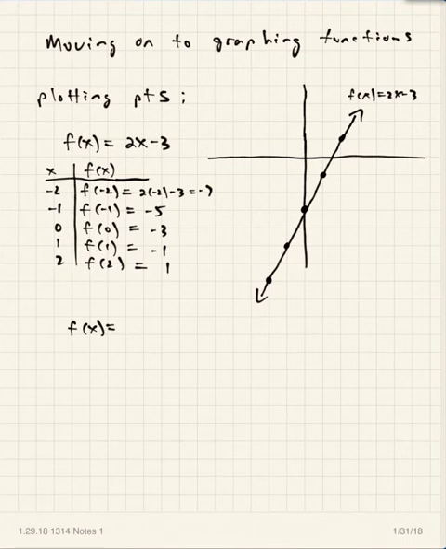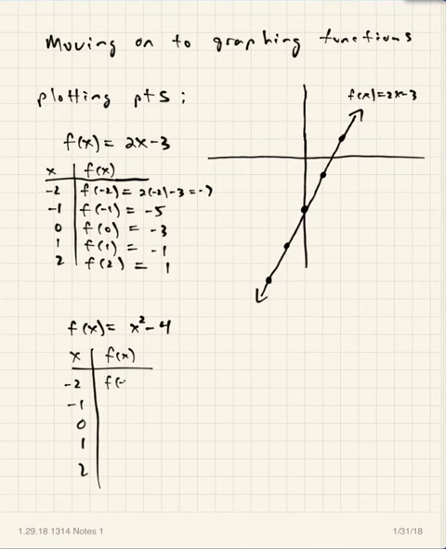F of x equals x squared minus 4. Right, when you look at this function, you're making a t-table here. Right, so you have x values and f of x values, or y values. Again, maybe we'll use this representative sample. If after these points you don't think you have enough to sketch the graph, then you can plot more